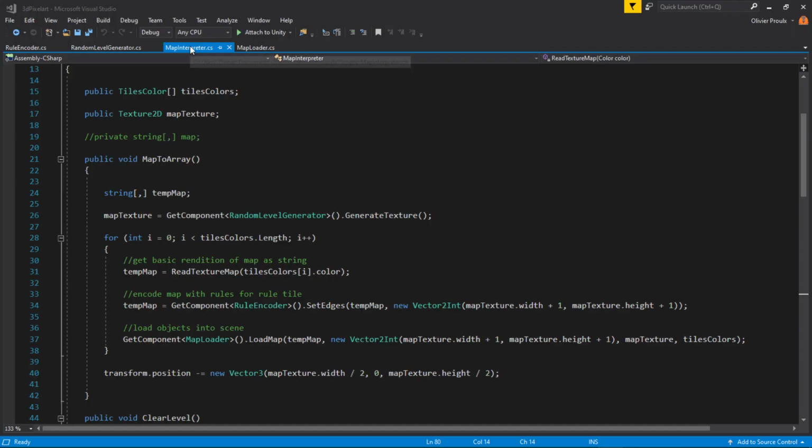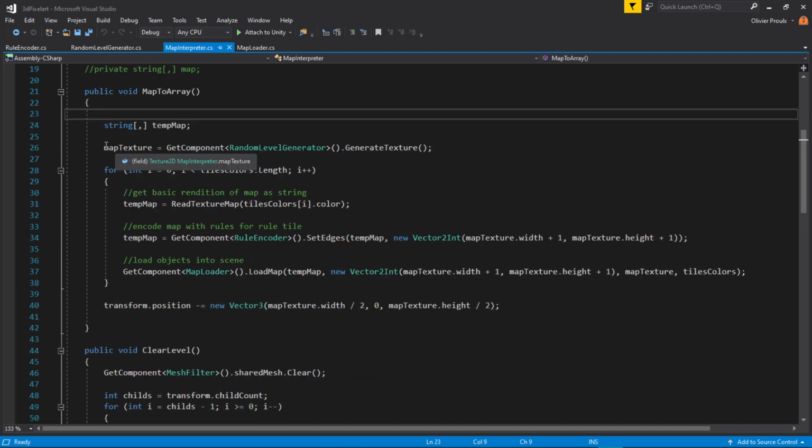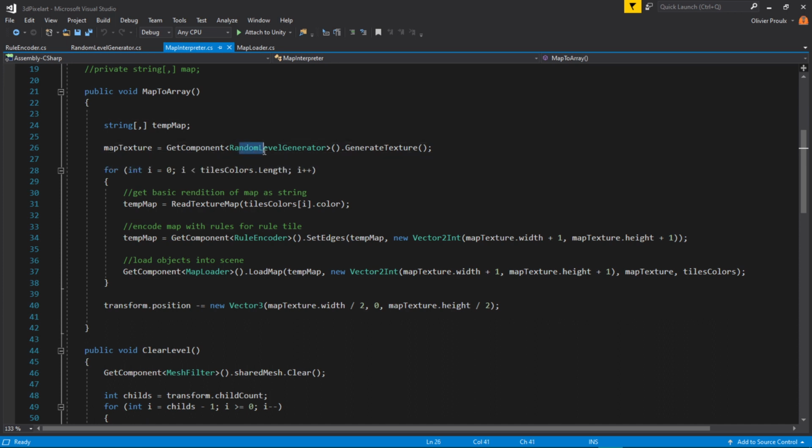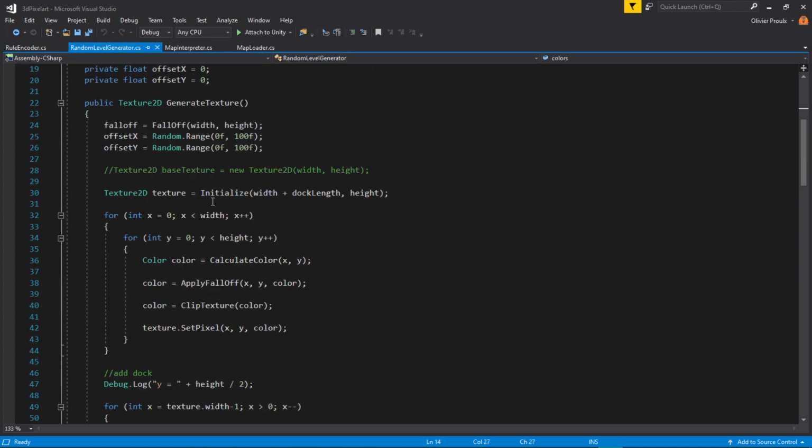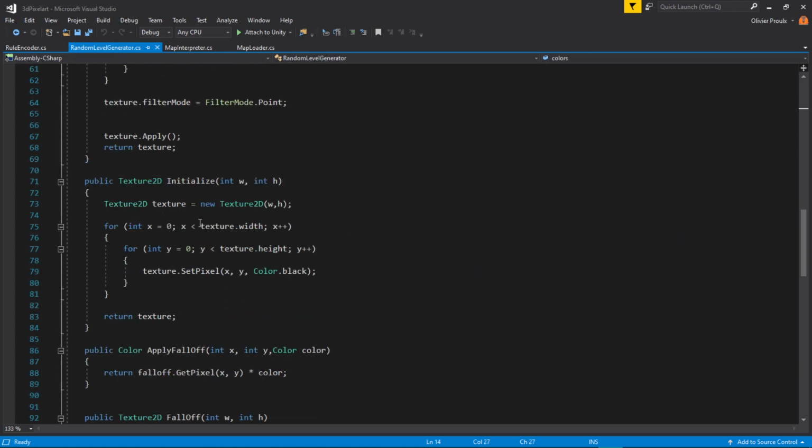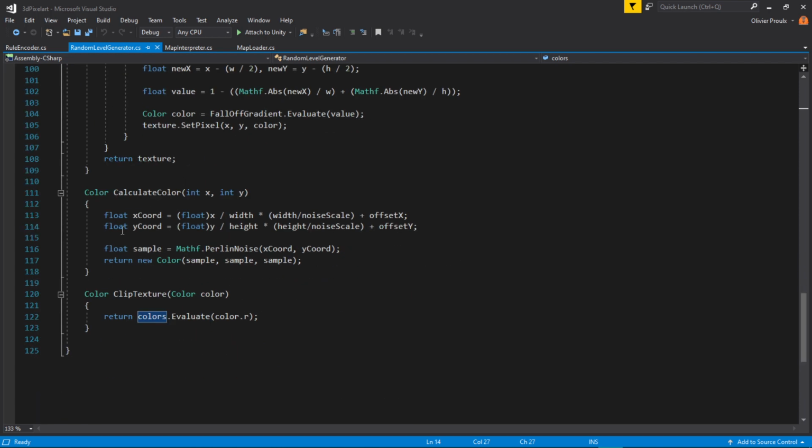The map interpreter is the script that gets called when you press the generate level button. The function is map2array, which starts by opening up a 2D array and calling on our random level generator script to generate a texture for it to process. The random level generator script uses Perlin noise, which I have in a function down here, to color the map. Then that Perlin noise is